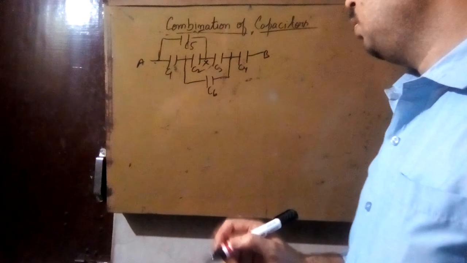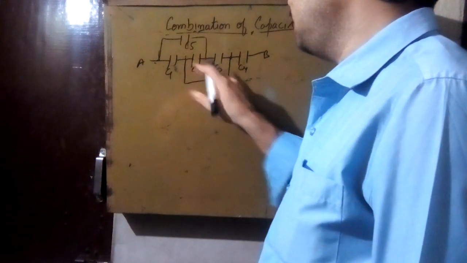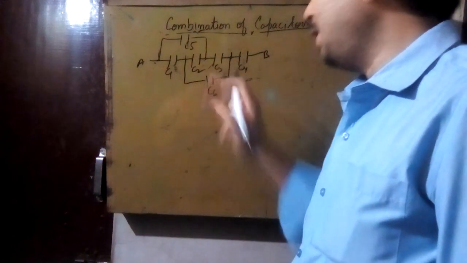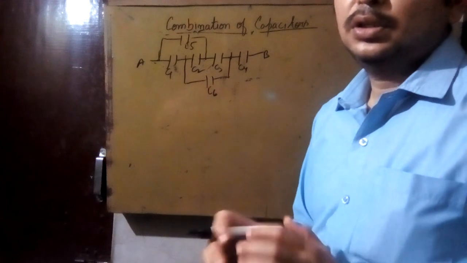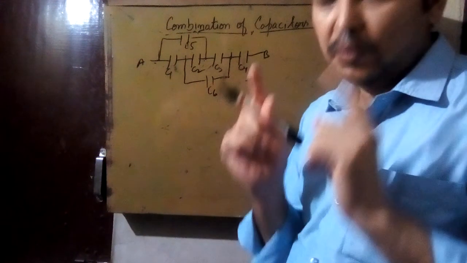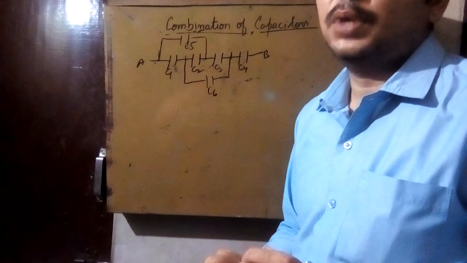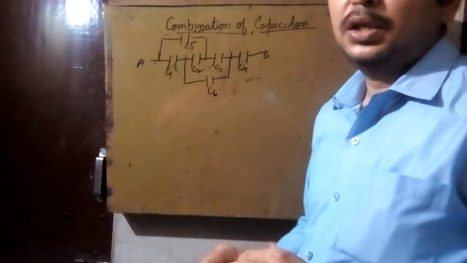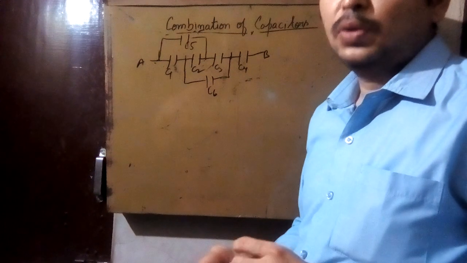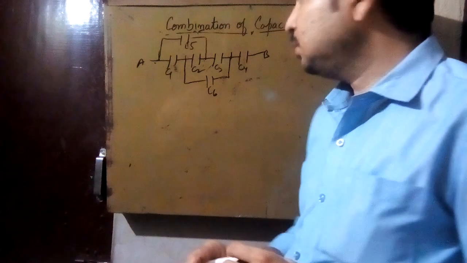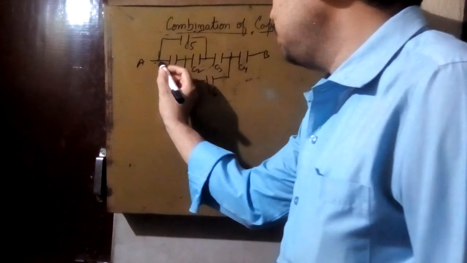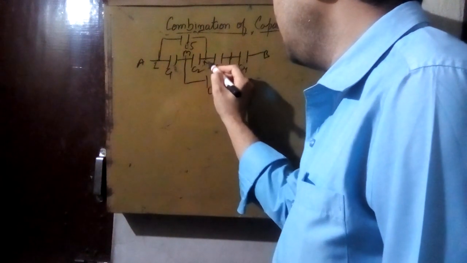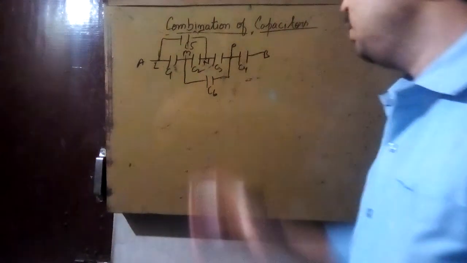So now what you have to do, you have to name the different points. If you see the pattern, there are 1, 2, 3, 4, 5. If the combination consists of 5 capacitors, then you have to keep in mind that it is a Wheatstone bridge and you have to solve according to that. So Wheatstone bridge we will learn in the next chapter. Those who know the Wheatstone bridge can understand this very easily. First you have to name these points. Suppose this is L, M, N, P. Any point you can name.